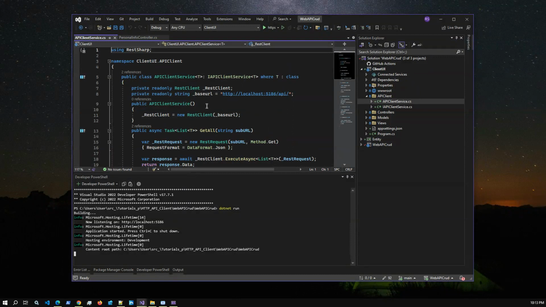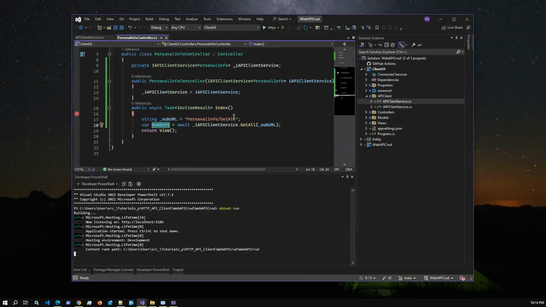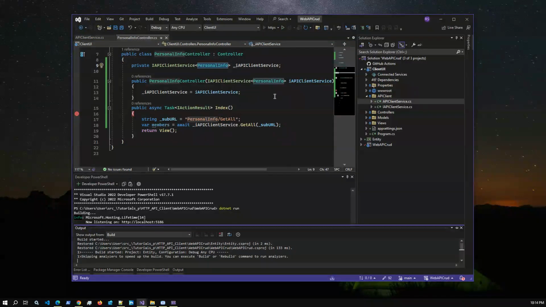Yes, 5186 and only HTTP, not HTTPS. So base URL is okay. Now, if we run this project and call this controller, I need to copy the personal info so that in the browser we can call this controller manually. Later, we'll create the view and display the data into the view. And if we run the client project now,